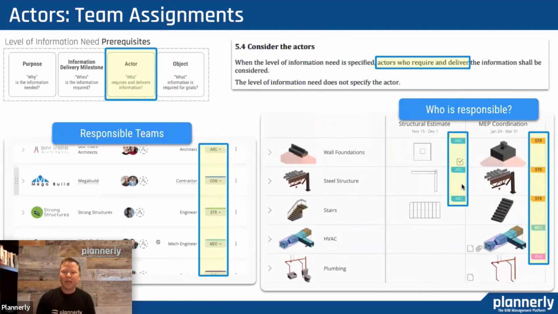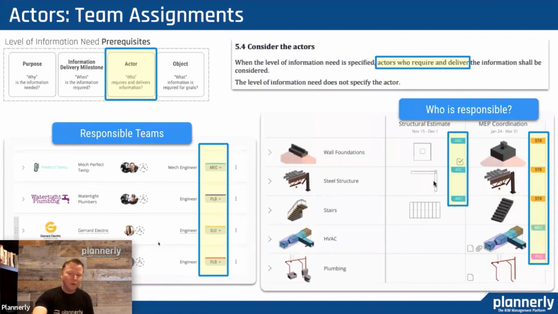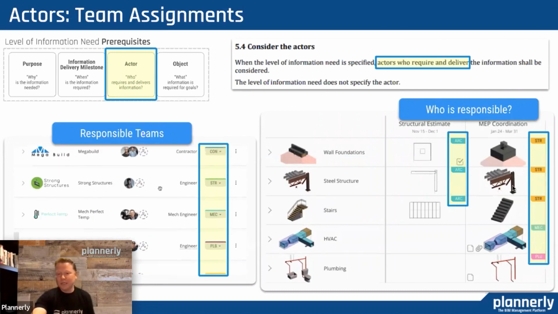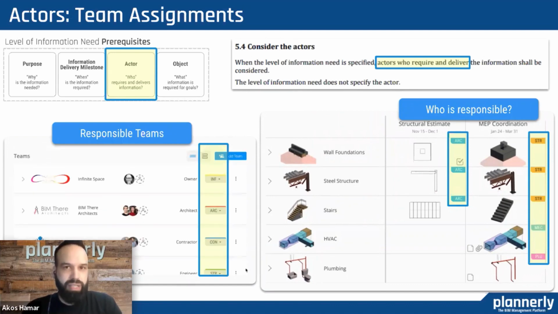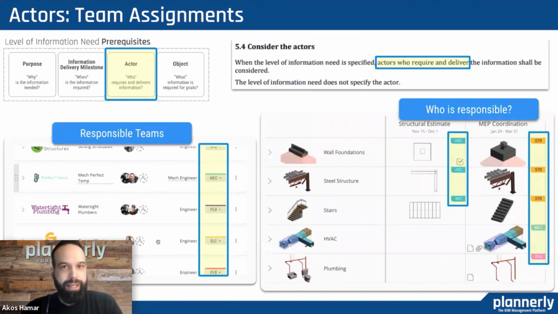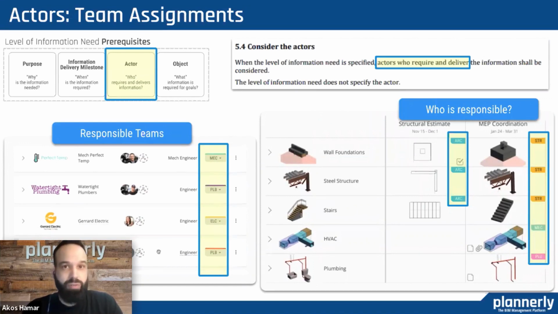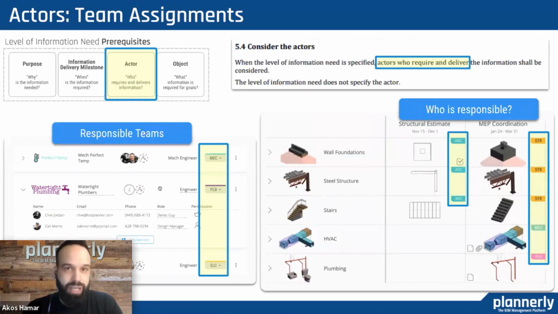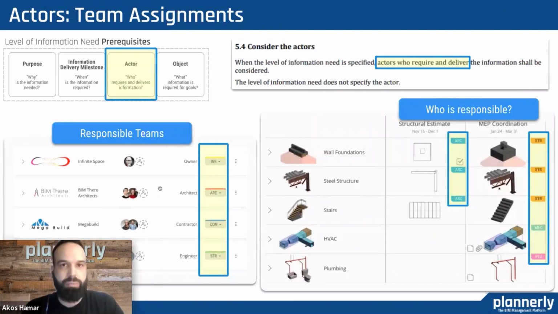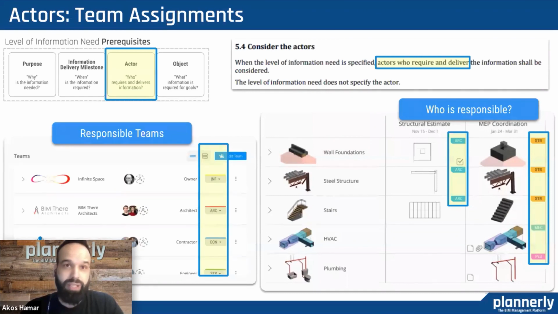Really critical to understand if the architect is responsible for some 2D representation early on for an estimate, but for MEP coordination, maybe the structural engineer is responsible for something later and in more detail. So I hear validations of an example that I have about the architectural design most likely starts with the architect being responsible for many things. But then as the other designers come on board and engineers, so the structural designer, for example, would take over some of the responsibilities when it comes to slabs, for example, which in the end is going to result in two slabs and the duplicate of the geometry, but not aligned from a coordination perspective, different slab edges, but duplicating quantities, for example, when it comes to quantity survey.